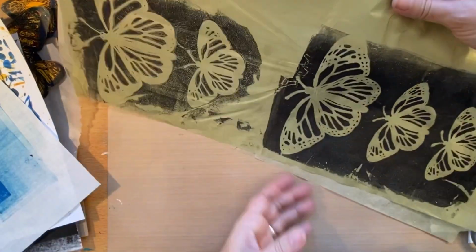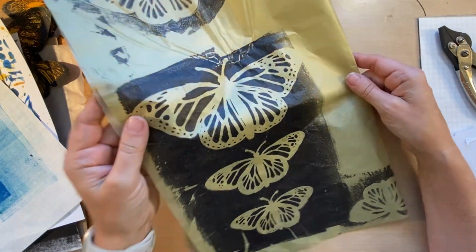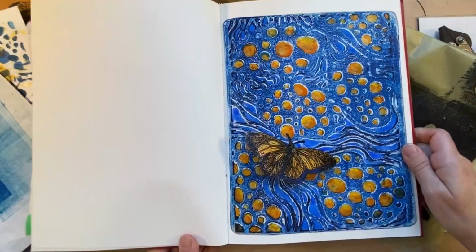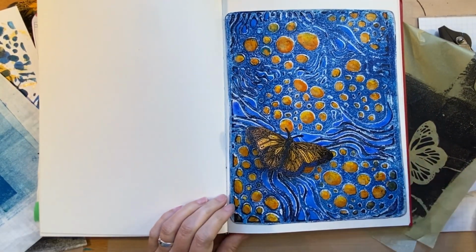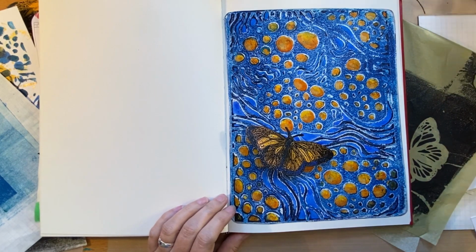And then you also have these leftover butterflies on gold tissue that you could tear out and use in a collage. So I hope you enjoyed that. I had fun with this ultramarine cheddar combo. And now we know